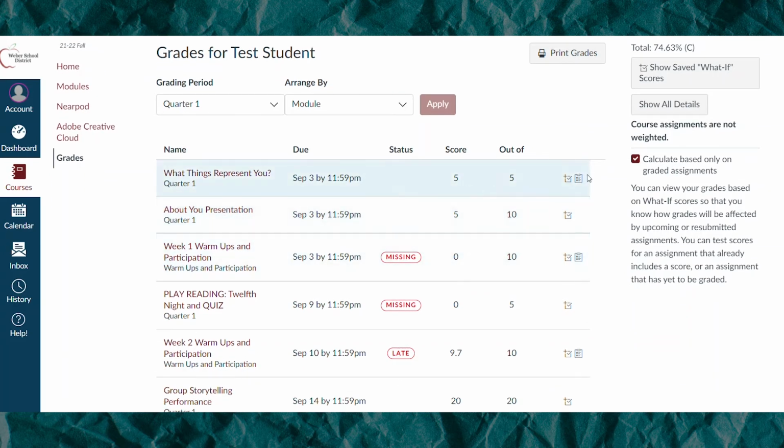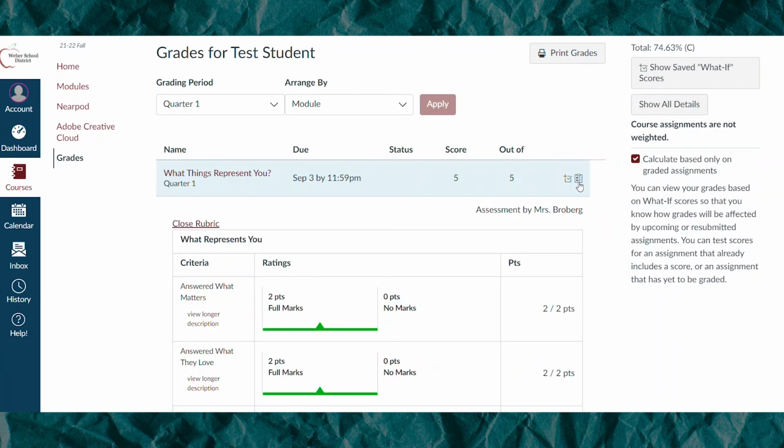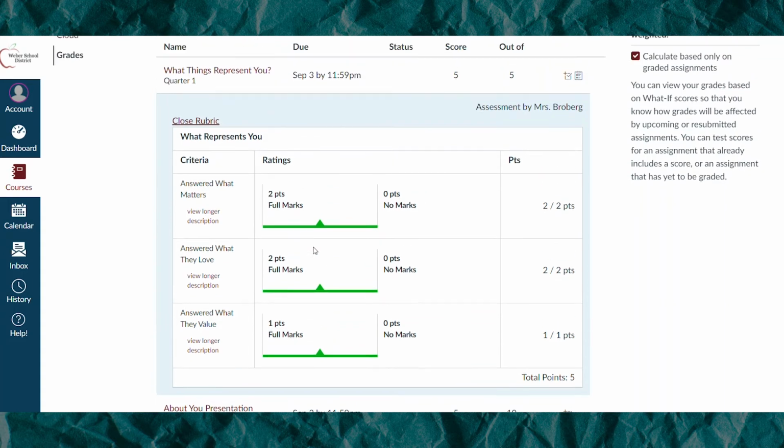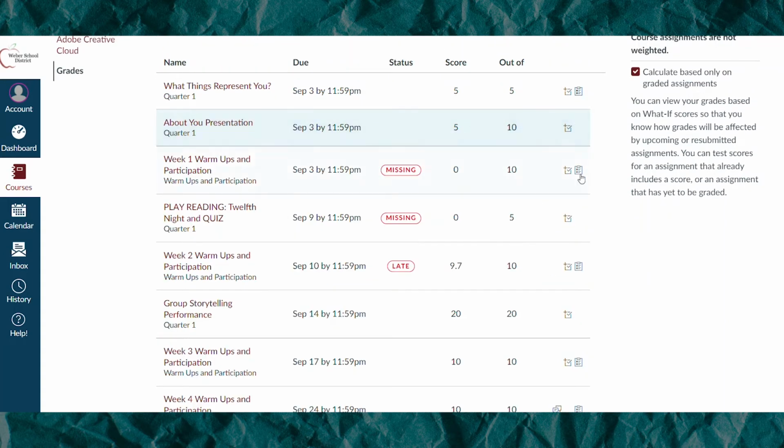So one thing that is important to realize is that if there is an icon like this over here, this means that there was a rubric for this class, and you can see that the teacher graded the assignment using the rubric, so the student knows exactly which parts of the assignment they got points for and which they did not. They're also able to click on any score and see what if